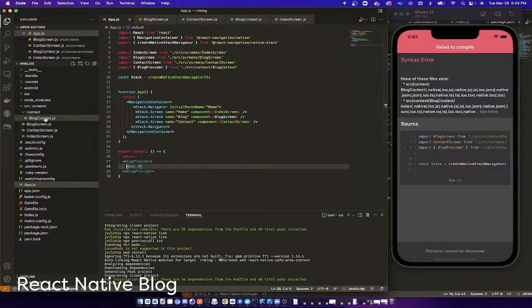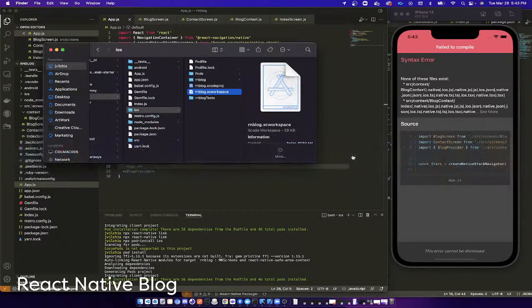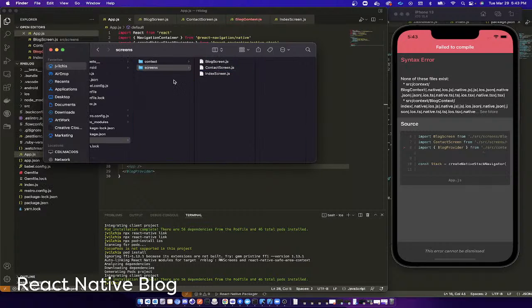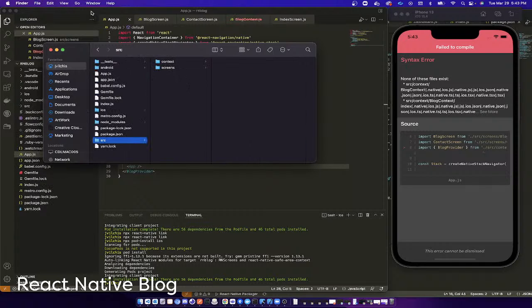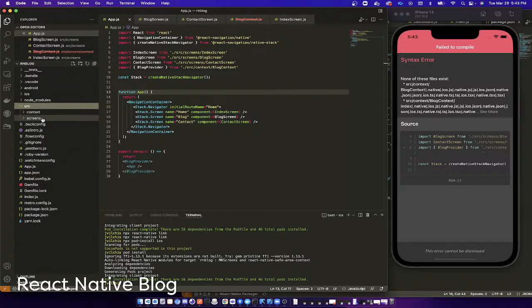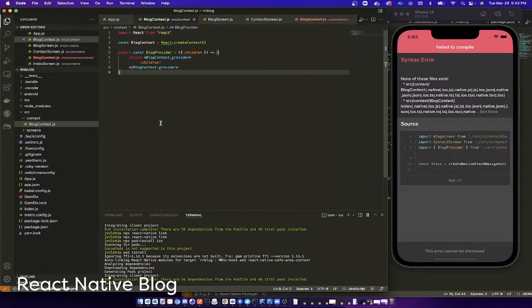And let's see, why is that screaming at us? Let me check over here. Oh, okay. See how the context is inside the screens? We're gonna extract it out. That's one thing that I don't like about doing things in here, just because it doesn't show you all the different folders, but we got it. So now that we have the blog context,